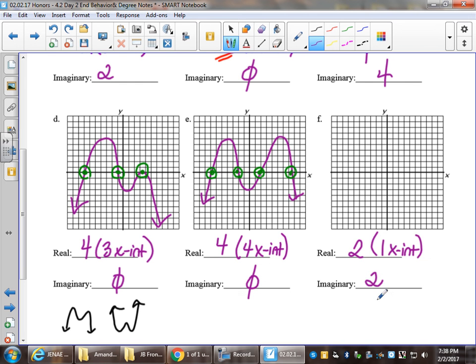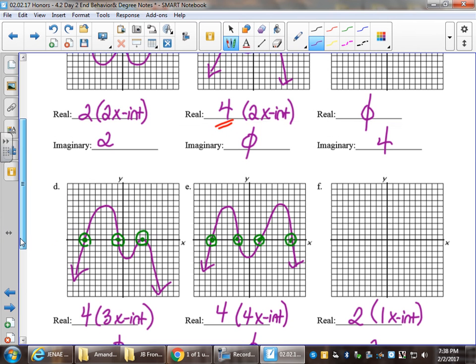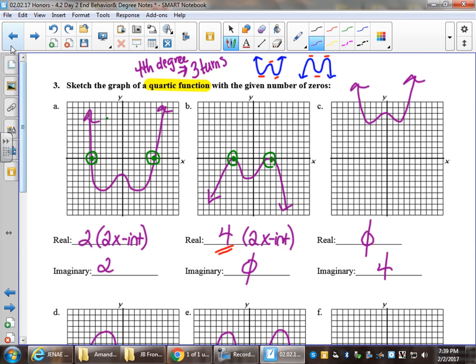So this entire time, I am mentally saying, well, the number of reals and the number of imaginaries has to add to 4. So if there's only 2 real, there has to be 2 imaginary. If I have 4 real, there's no imaginary. 2 reals, 2 imaginaries, that equals 4. I had 4, none, none, 4. And then up here, before,